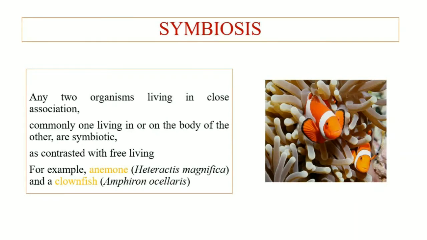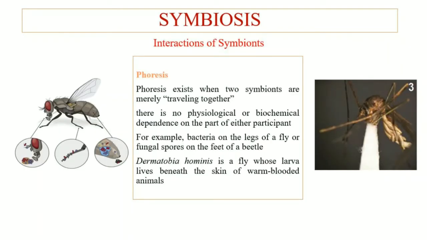symbiotic associations. So phoresis is a type of interaction in which the two symbionts are merely traveling together and they do not have any physiological or biochemical dependence on each other. And in this case, one phoront is usually smaller as compared to the other, and it is mechanically carried by its larger companion. So examples include bacteria on the legs of a fly and fungal spores on the feet